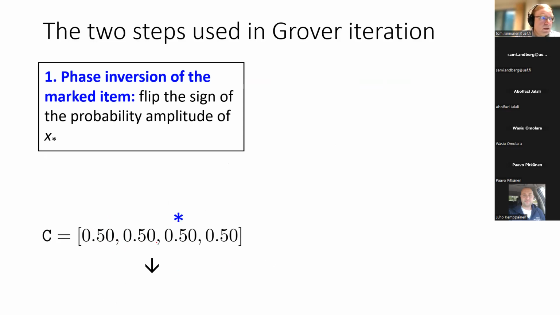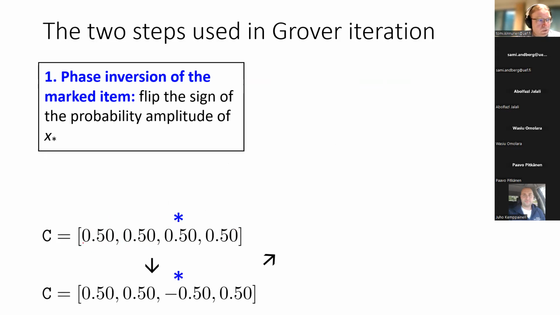As simple as that. All the other probability amplitudes remain unchanged, but the one that we are looking for gets its sign flipped. So 0.50 becomes minus 0.50 in this case.